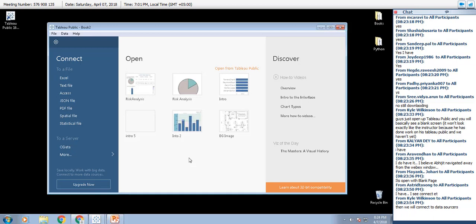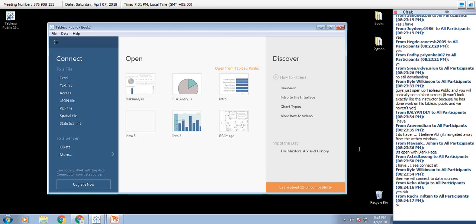We have just opened up the tool. Is everyone on the same page now?